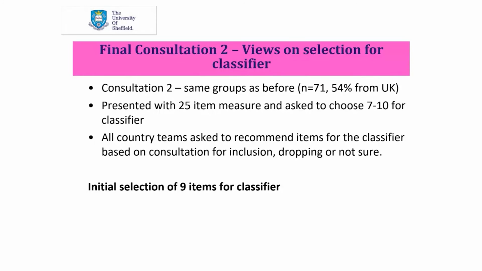So having come up with the 25 item, the larger, more comprehensive version, if you like, of the HWB, we then sought to reduce it down to a smaller classifier, which we can then go out to ask members of the public to value. So the second consultation was much the same as the first, except this time we're asking people out of the 25 to choose between 7 and 10 for the classifier, bearing in mind not just the evidence, but also what they felt was important for decision making. And this resulted in a final selection of 9 items for the classifier,